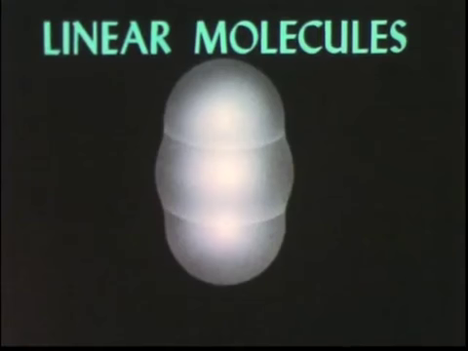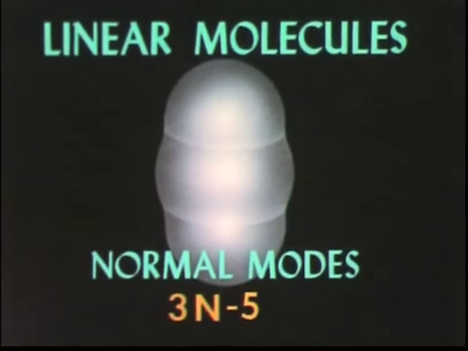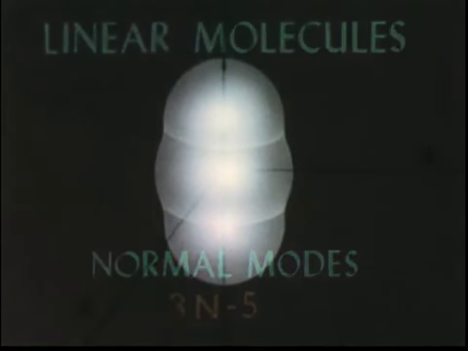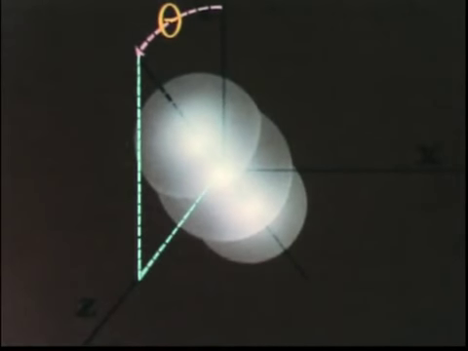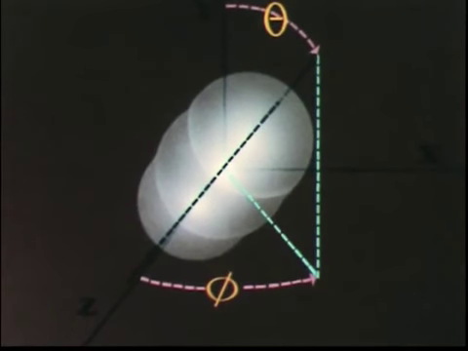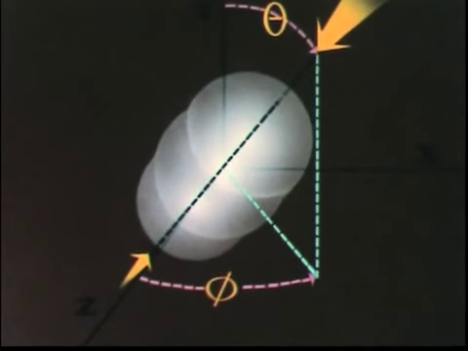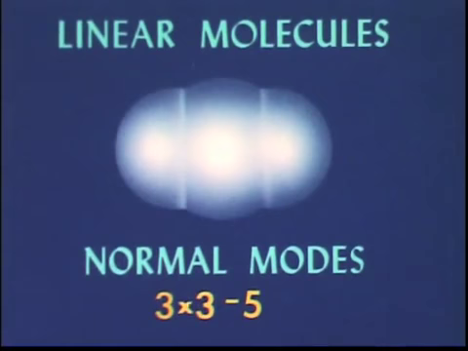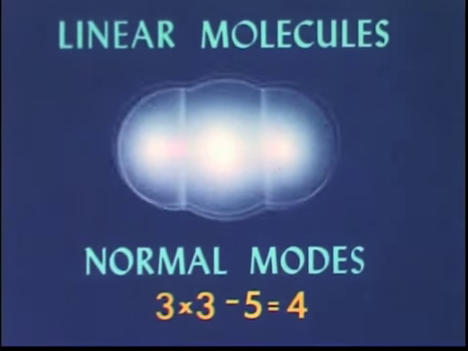For any linear molecule, such as this one of carbon dioxide, the formula for the number of normal modes becomes 3n-5, because only 2 angles are necessary to specify its orientation in space: 1, 2. The third angle is unnecessary because neither infrared light nor ordinary collisions impart any rotation around the long axis of a linear molecule. This means that the vibrations of carbon dioxide can be resolved into 4 normal modes: